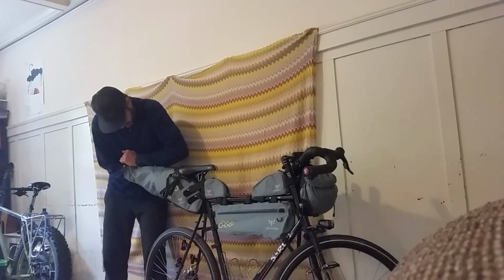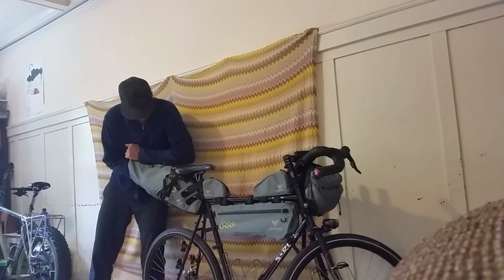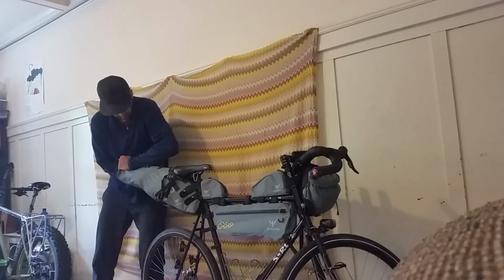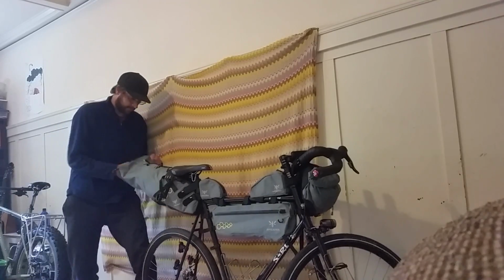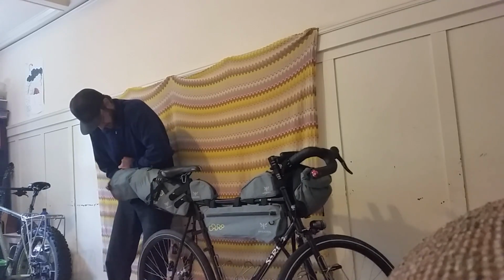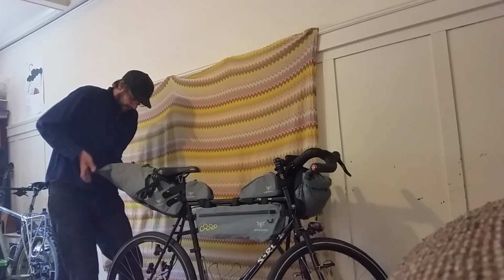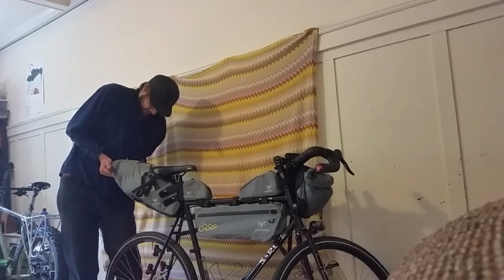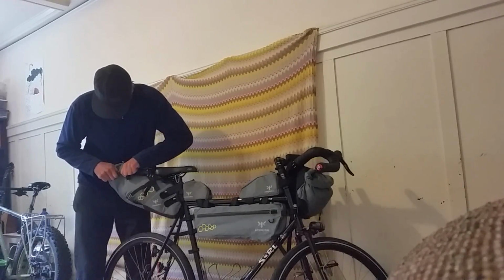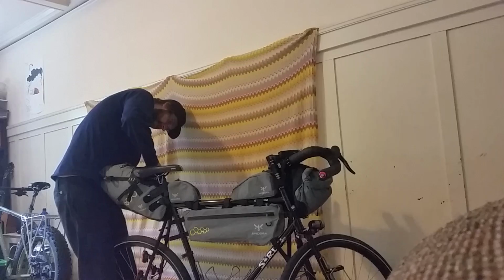Stuff this one in. And we go ahead and stuff this one in. These two. That's pretty much it there. Start folding that shut. It's quite a bit in the seat bag, but it's all lightweight, fairly compressible materials. So once you get it all packed in,